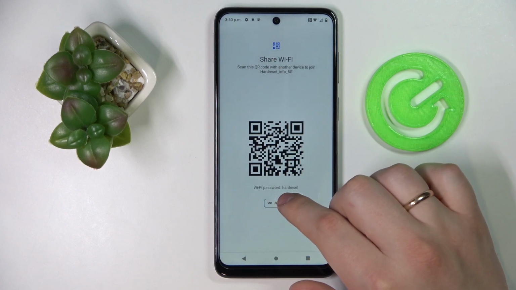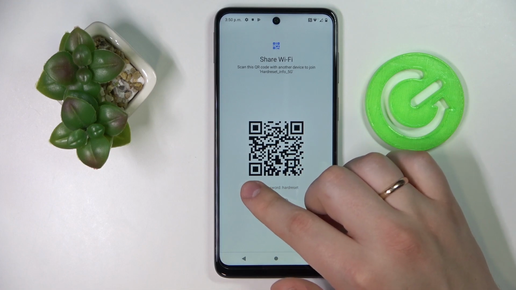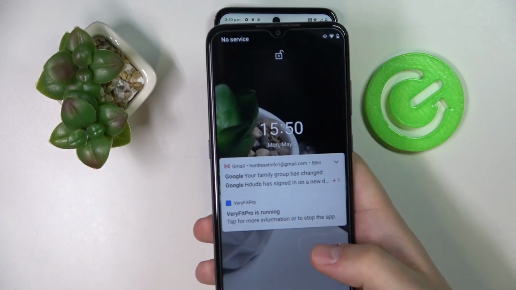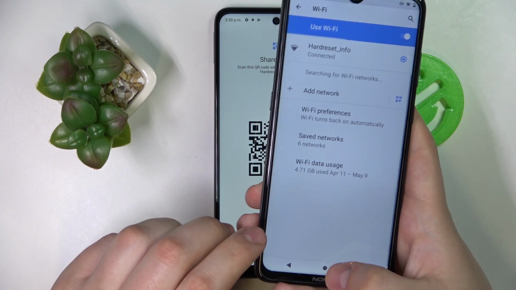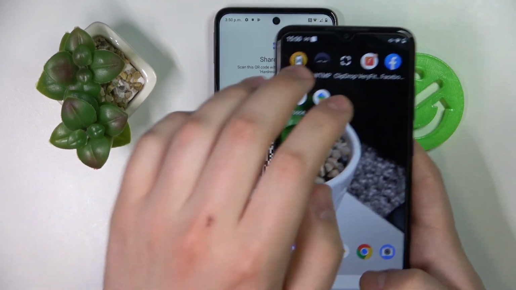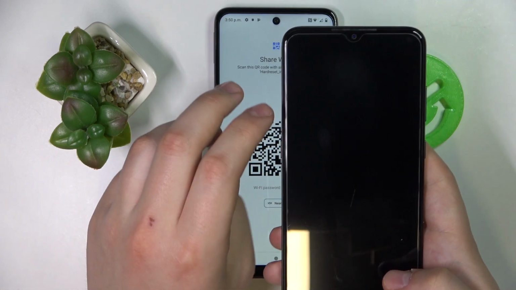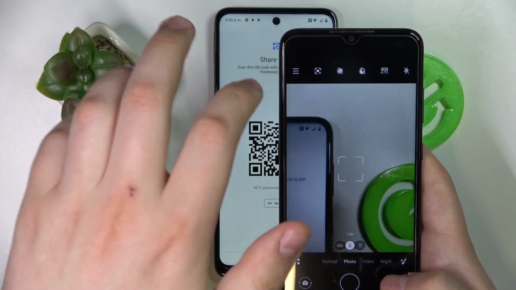the Wi-Fi password of this network will be provided right below the QR code, so you can just go ahead and enter it manually on any other device that you would like to share the password with, or you can just simply read this QR code and the second device, in my case it's going to be Nokia Android smartphone, will be automatically connected. So I'll open up the camera of this device, then go for the Google Lens,